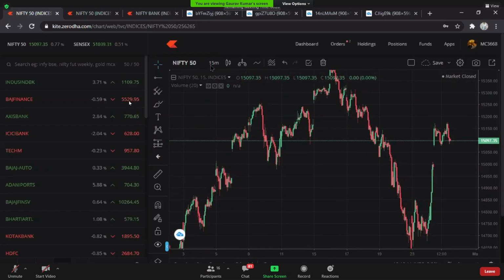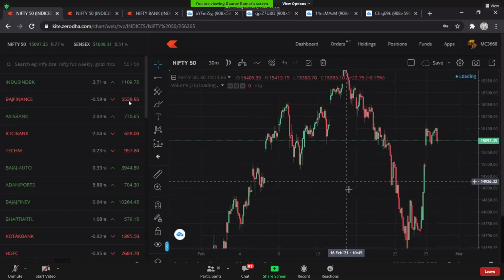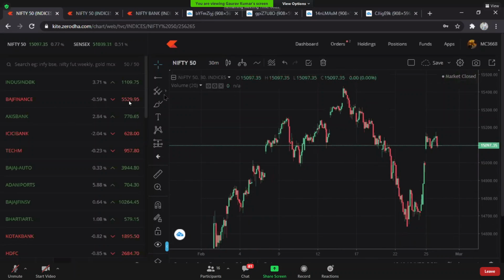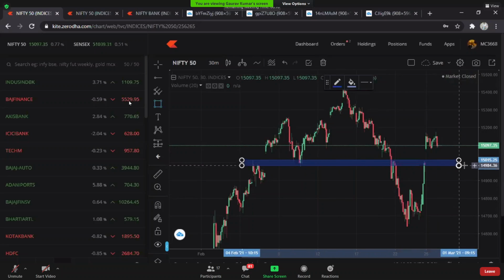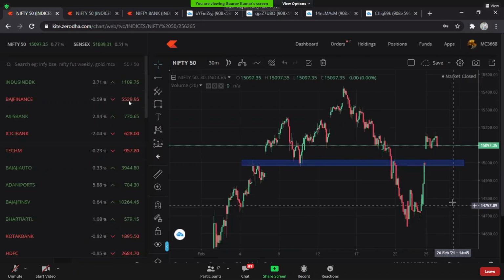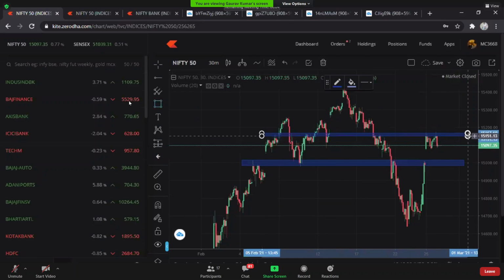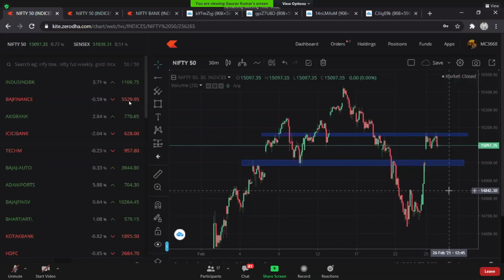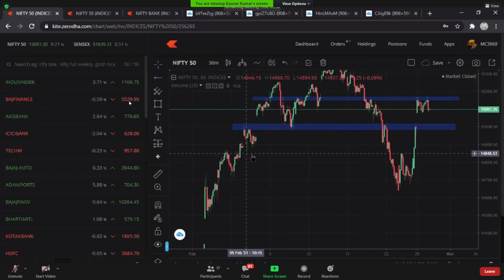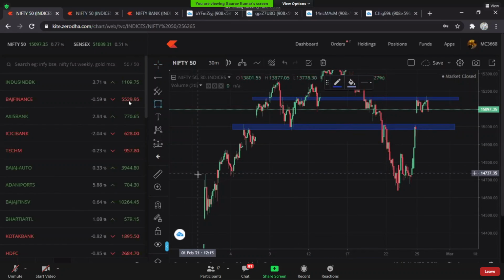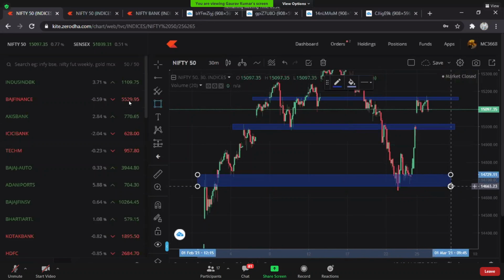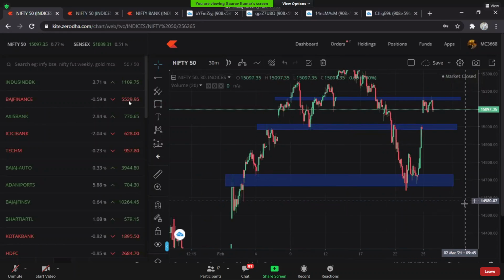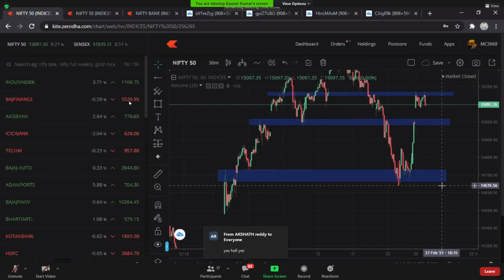Even wicks act as good support and resistance zones. Let me show you them as well. Found out my wick. Can you see it? Market had to straight away open gap up from this zone. Next up, hope you can understand this thing. Next up out here, find wicks, find big rejections.